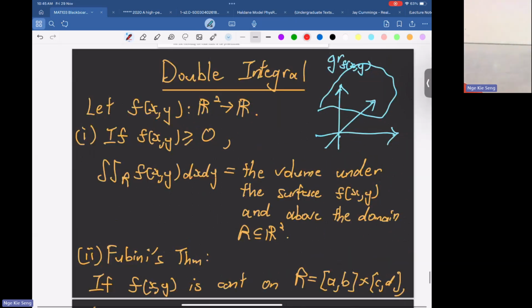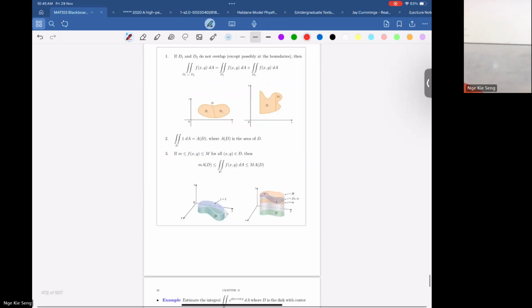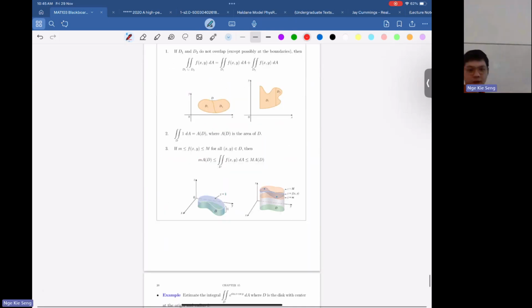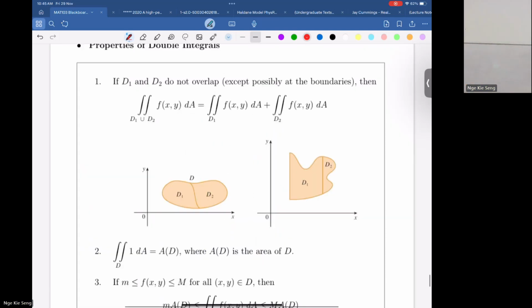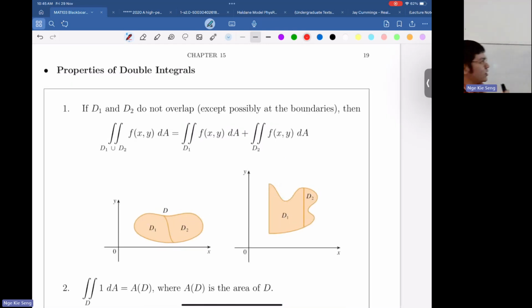Wow, I spent about 1 hour talking about this. Maybe we just cover the last part of double integrals, and then we can take a break before we go to polar coordinates. Property of double integrals: if the two domains don't overlap except on the boundary, then